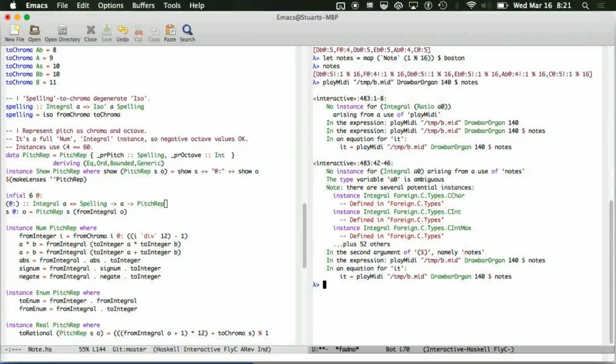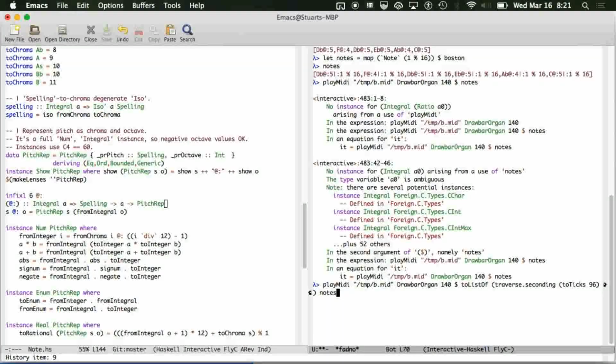Uh-oh, the problem is that my MIDI library doesn't like rationals. My MIDI library likes ticks. So therefore, I would probably want to do some kind of type transformation at the point of usage to put this into the right type so I can play it. So what we do here is we use toListOf, which is a lens operator or lens function. And the lens we use is traverse, so that means it's going to go over all the elements of the